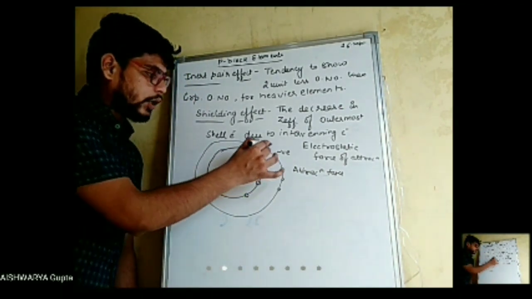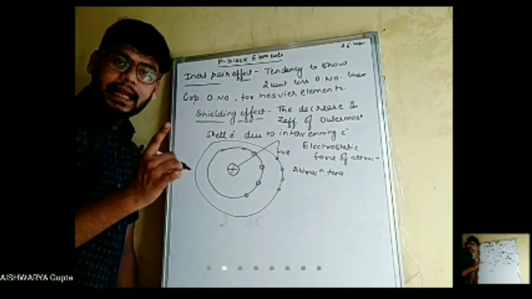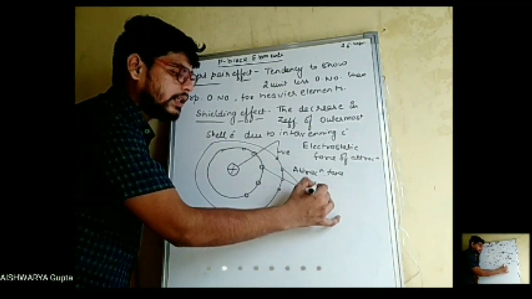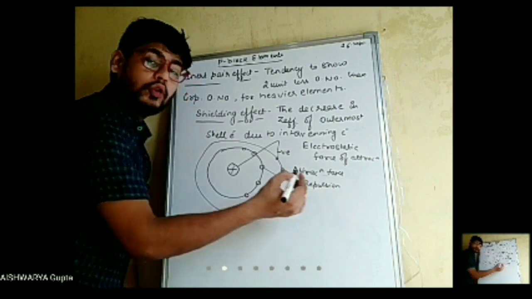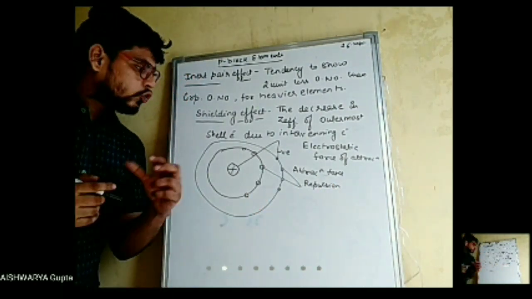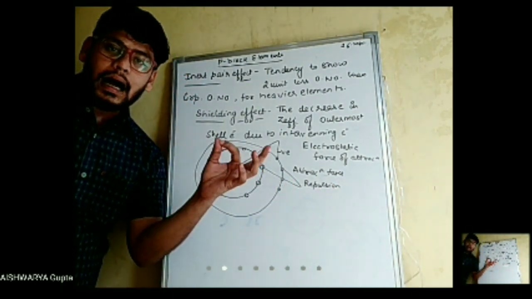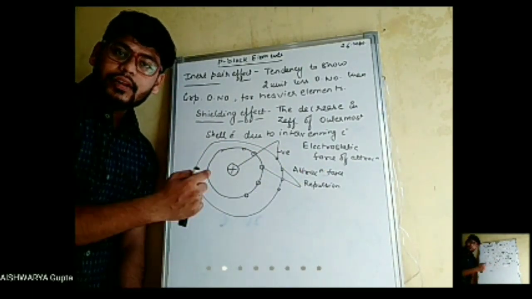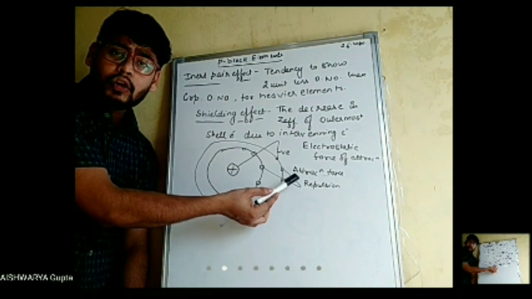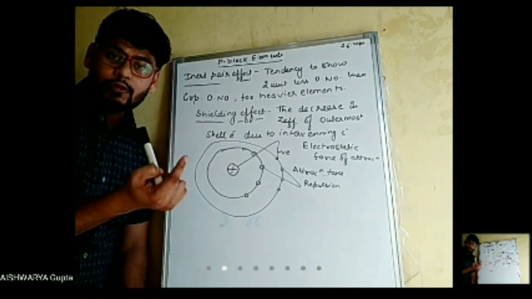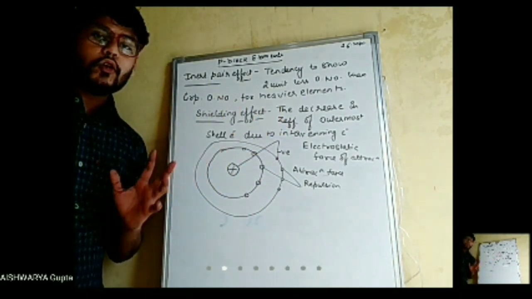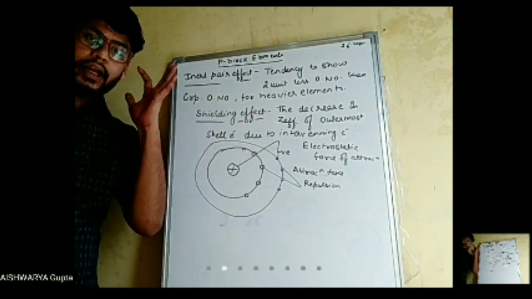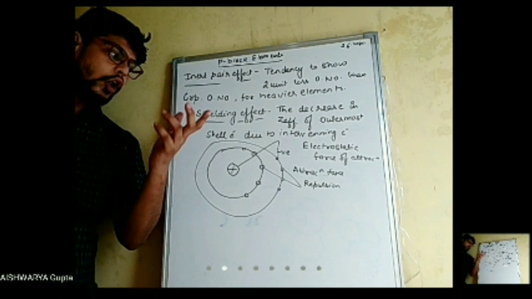Between this positive and this negative. Second one, the repulsion force between these two negative, because both electrons will be negatively charged. So due to this repulsion, the attraction force of the outermost shell electron with the nucleus will decrease, and this effect was termed as the shielding effect or screening effect. Okay, so this is all about your shielding effect or screening effect.